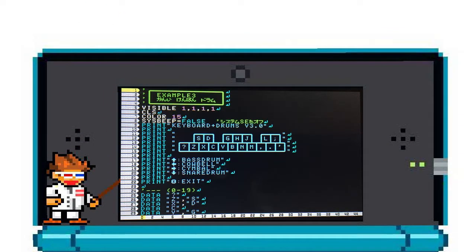Okay, now for example 3. This program is a pretty good example of using arrays and beep commands. An array is like making one variable that holds a whole list of strings or numbers. This way,